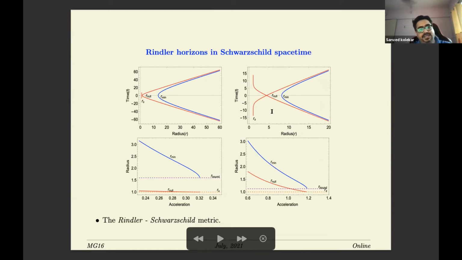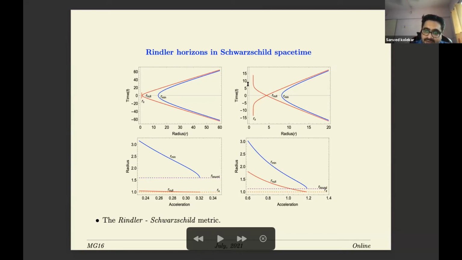Now, if we try to understand why these bounds are there in terms of these pictures, we have an interesting point. Let's say you fix a particular h in this diagram, and then you try to increase the acceleration. The blue curve should basically shift to the left and left. That also drags this bifurcation point to the left, because the horizons are different for different trajectories. So if you increase the acceleration and move the r minimum to the left, the r null, which is the bifurcation point, also moves to the left.